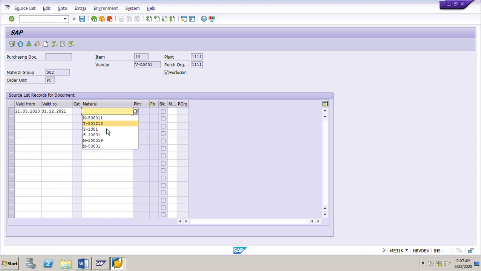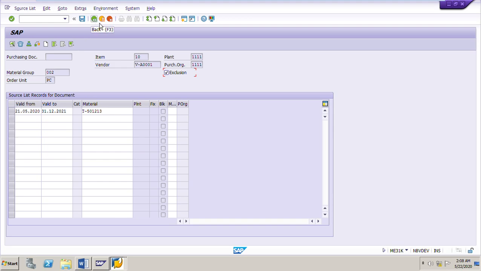For example, I want to exclude this material T-501213, which belongs to the same material group 002. Here this is the exclusion indicator. Put the validity period, and this exclusion indicator will by default be checked. Check this one, then go back and save the contract.